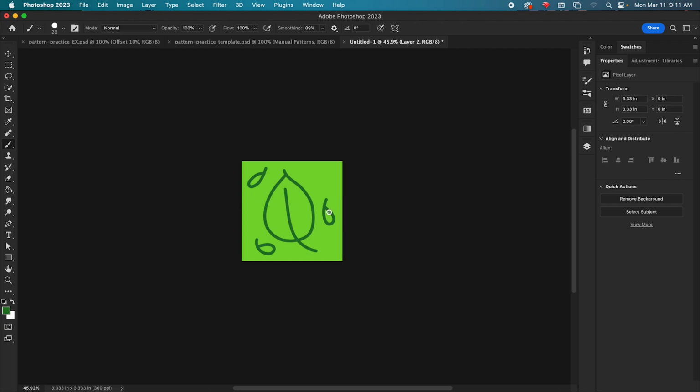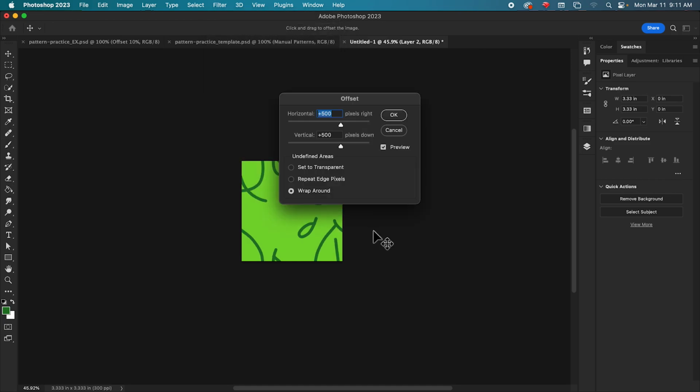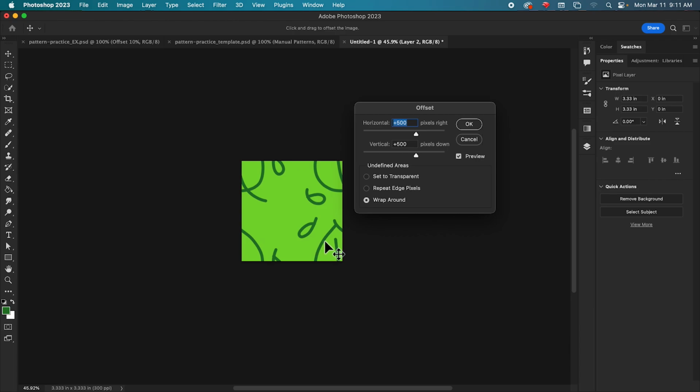So now what we're going to do is apply a filter called Offset. So we're going to go to Filter. It's all the way at the bottom under Other, and it is all the way here, Offset. What the Offset filter is going to do is bump all of your pixels over and down, and that's going to basically repeat the image over and down. So it's literally pushed it to the left, pushed it down, and then copied what was on the left to the right and copied what was down to the top.